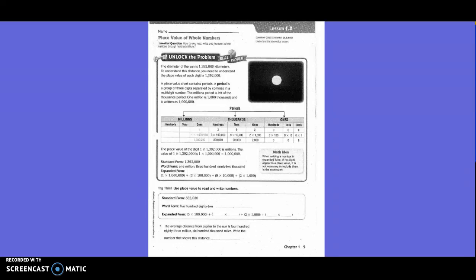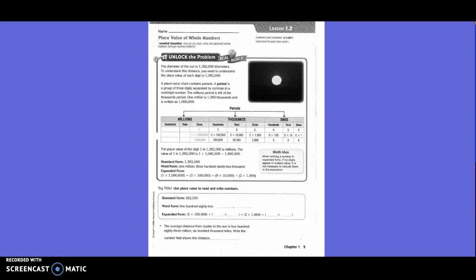Fifth grade, Chapter 1, Lesson 2, Place Value of Whole Numbers. Unlock the problem. The diameter of the sun is 1,392,000 kilometers. To understand this distance, you need to understand the place value of each digit in